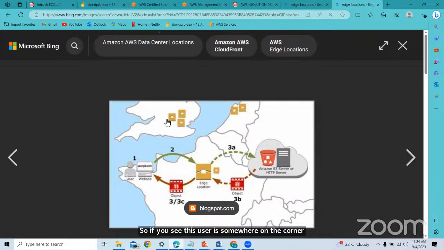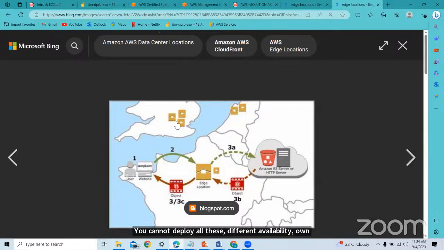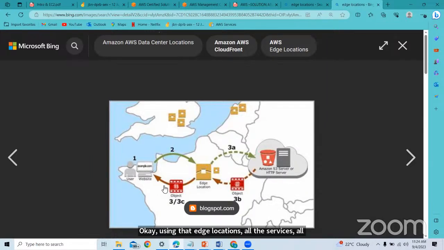There are some places where you cannot deploy everything, you cannot deploy all these different availability zones and data centers. So AWS deploys small mini data centers for people who are in very far places. Using those edge locations, people will talk to their regions, and all the transfer will happen through edge locations. So edge locations are nothing but your mini data centers.